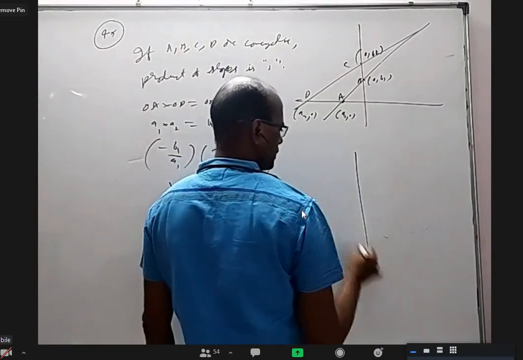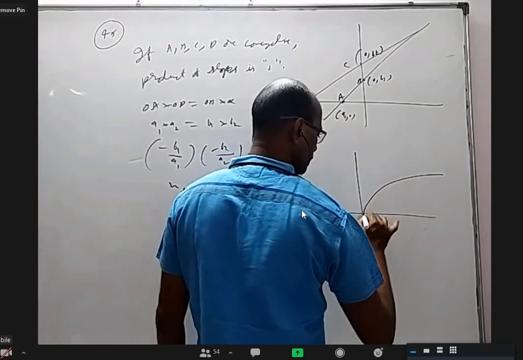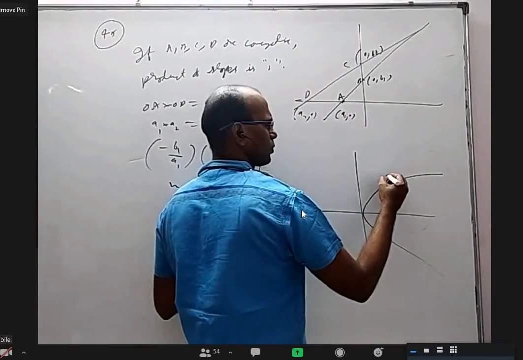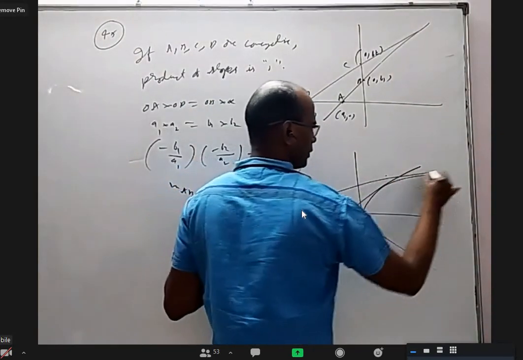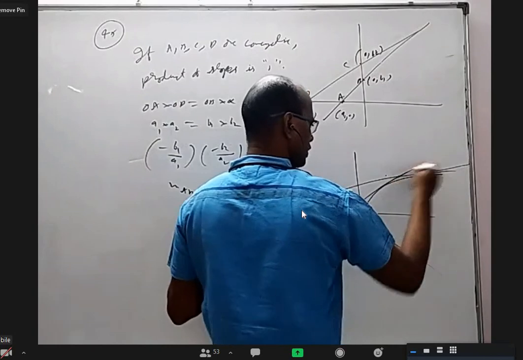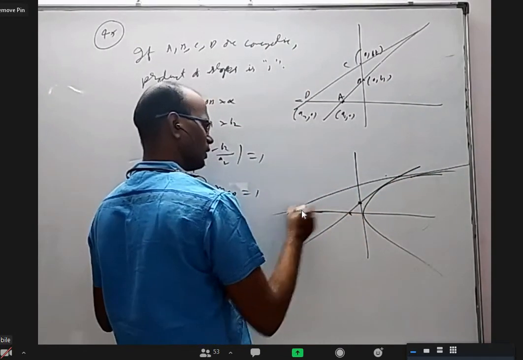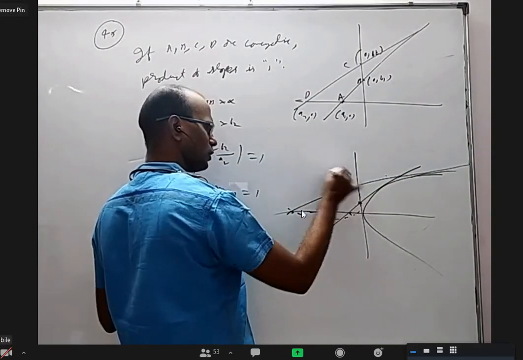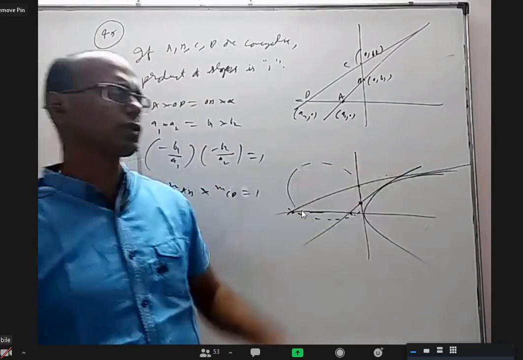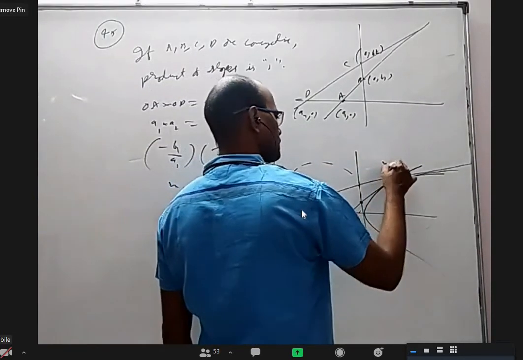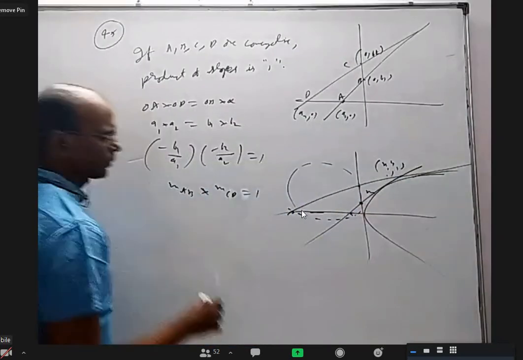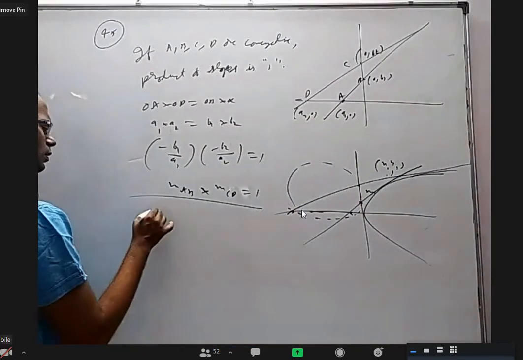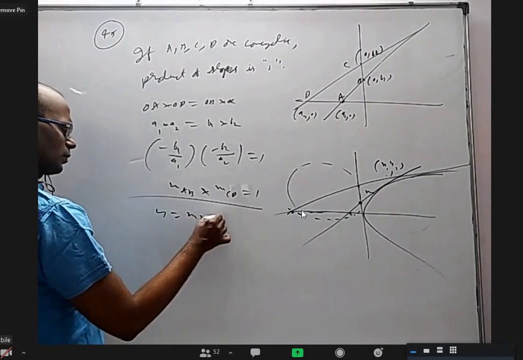So now coming to our present question, we have a parabola. There is an external point from which you are drawing two tangents which intersect the x and y axes at 4 points, and they should be concyclic, means product of the slopes to be 1. I'll take this point as x1, y1, and this line slope is m. Then the general tangent is y equal to mx plus a by m.